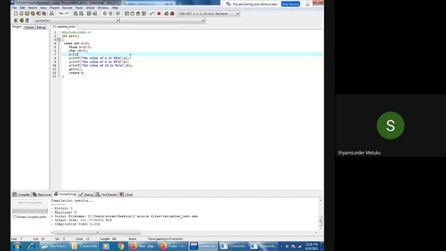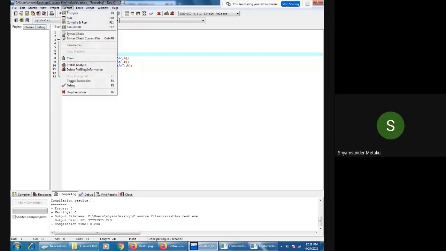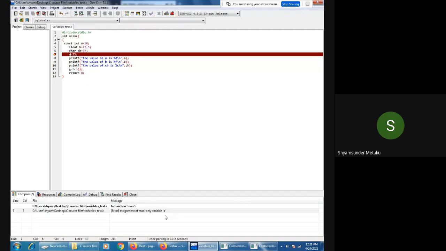Yes or no? Yes, sir. So let us verify now. It will give an error actually. What is the error it is giving? Assignment of read-only variable a. It means you are supposed to only read a, but you are not supposed to write into a. Correct or not?